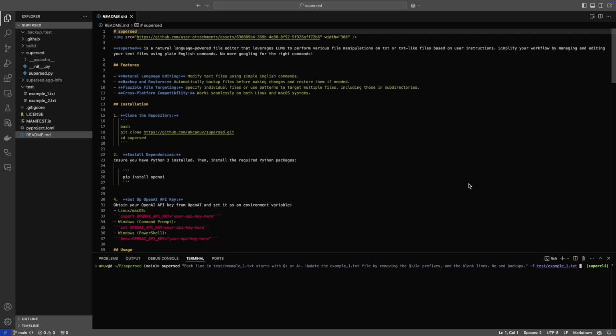I'm Anubhav Chakraborty, and this is supersed. Supersed is a natural language powered file editor. It's a tool with which you can communicate with a file system in natural language and ask it to do certain